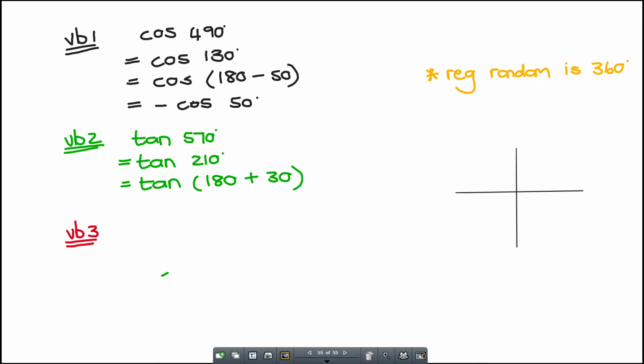En waar sit 180 plus vir my? In watter kwadrant? In die derde. En wat is tan daar? Positief. So hierdie is net tan 30. Is julle by? Now, what I'm actually working towards, what I want to show you guys, is the negative numbers. Want dis waar, hy het nou gesê, hy sukkel op met dit, as dit sê maar 'n negatiewe nommer is. Nee. Okay, nou kom ons gebruik gou